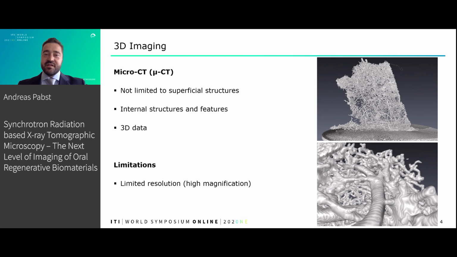Next, micro-CT scanning has been widely used to visualize biomaterials for oral regeneration. The main advantages of this digital technique is that it is not limited to the superficial structure of the scaffold or the substitute,